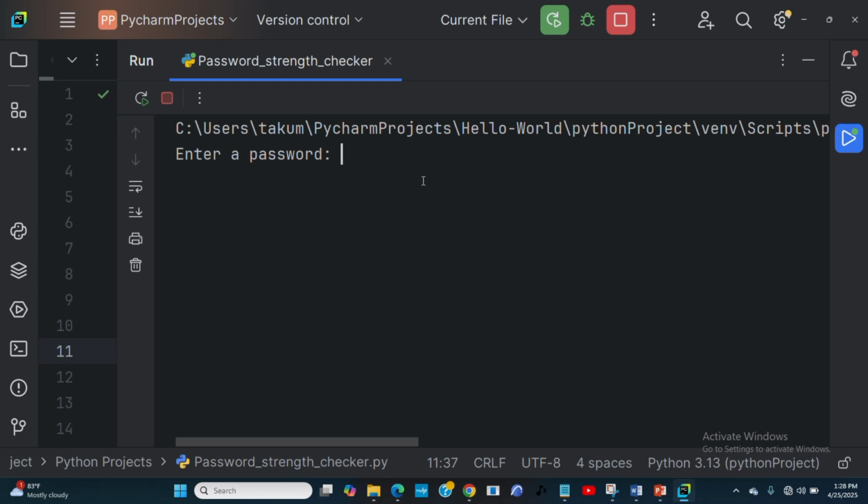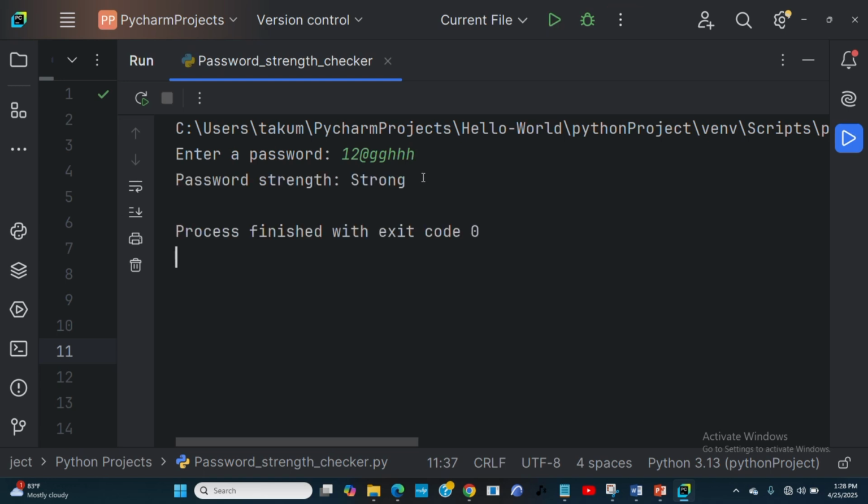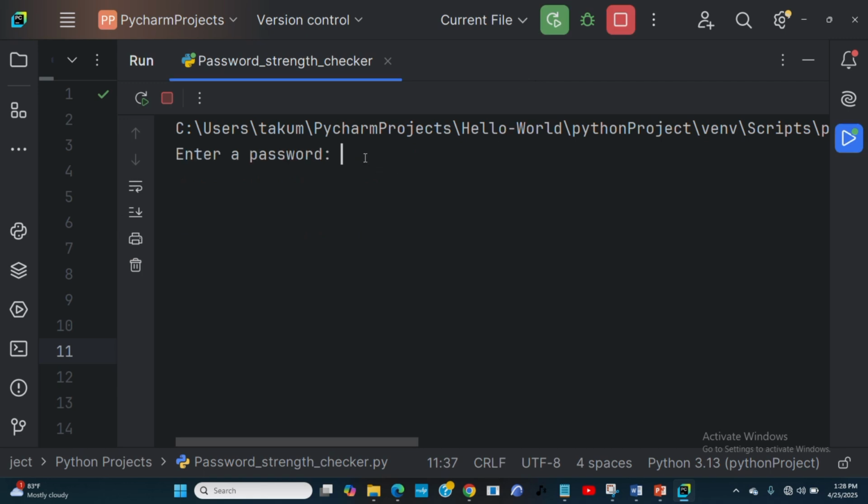Now let's try to understand again a password of medium strength, which is just going to have only three of those things. So I'm just going to have numbers and special characters. So it's going to tell me, you see, it's strong because it has 4 of the things: the length is good, the special character, and then also numbers and small letters. Now I'm going to give it the format where it is going to be medium and weak and the rest.